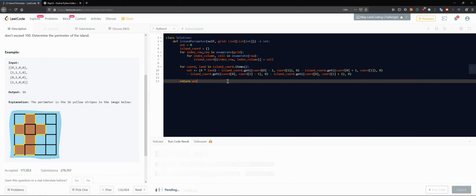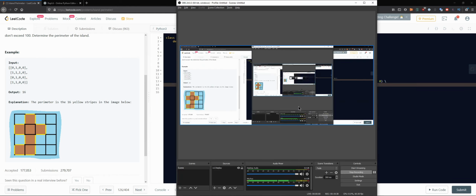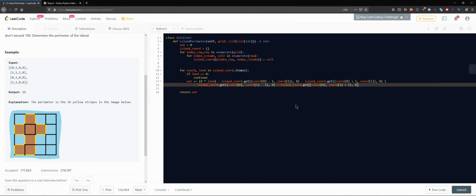Now let's see if there is something wrong. Well, we got an output of 17 instead of 16. Now that's curious. Okay, so the issue was actually pretty stupid. I guess you have to break the line here, and I was also not indenting. But I'm wondering how did Python even run without breaking the line if it doesn't actually accept it as part of the same line? Anyway,